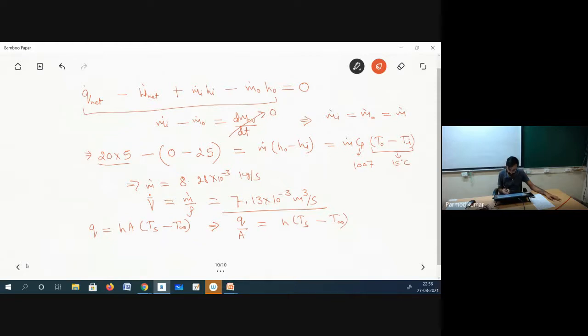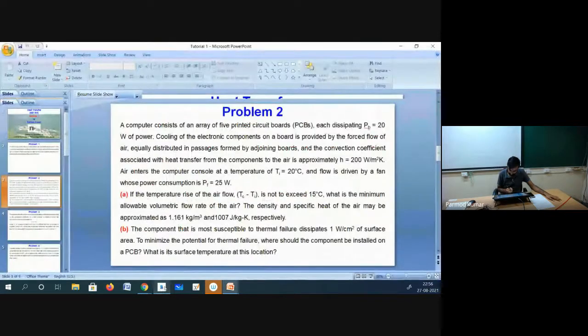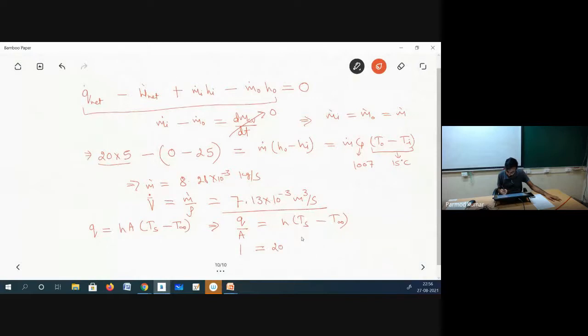Now Q by A is given as 1 watt per centimeter square. h, the convective heat transfer coefficient, is given in the question to be 200 watt per meter square Kelvin, into Ts, the temperature of the surface which I have to determine, and T infinity,